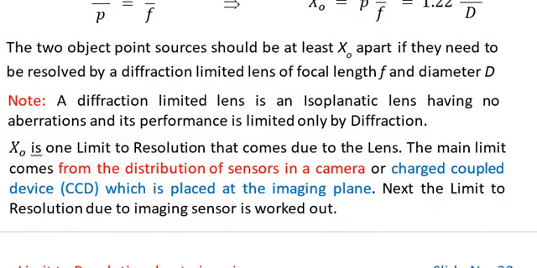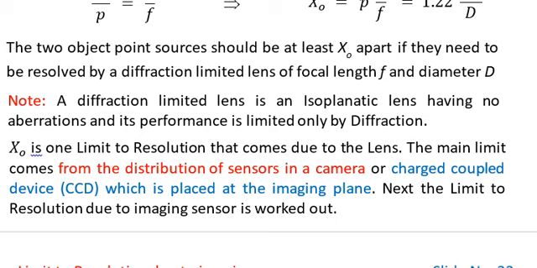According to Rayleigh resolution criteria, the two object point sources should be at least x naught apart if they need to be resolved by a diffraction limited lens of focal length f and diameter capital D. Note that a diffraction limited lens is an isoplanatic lens having no aberrations and its performance is limited only by